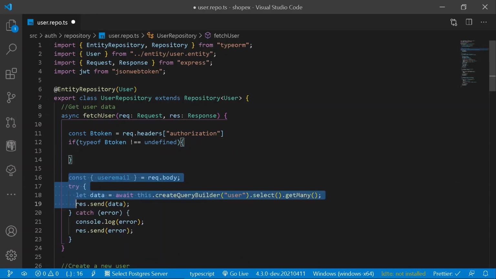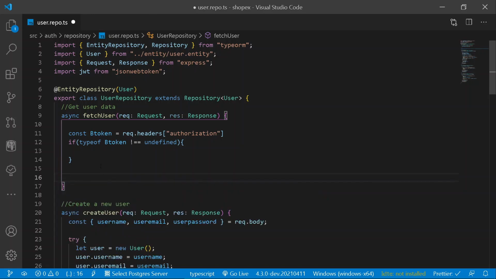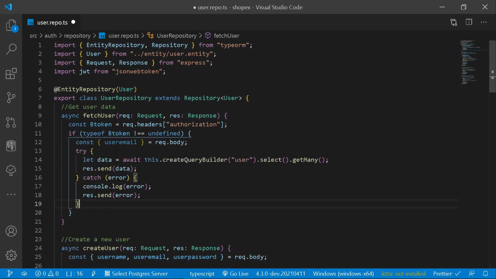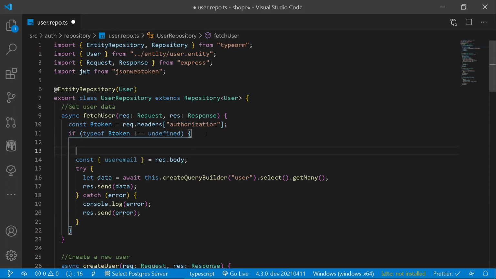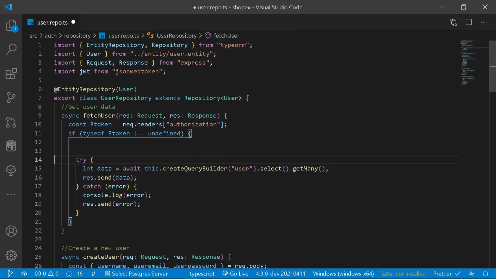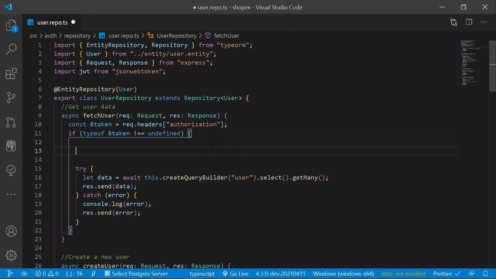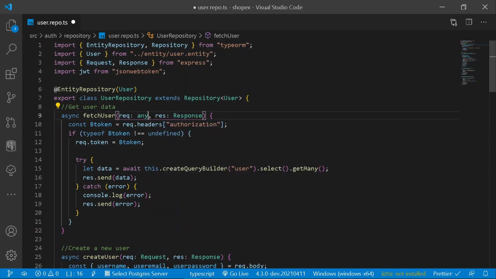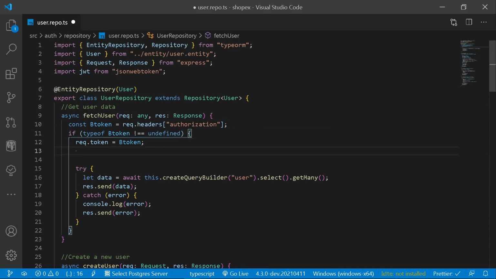So for that purpose, let's copy the following try catch block from here and paste it here, just like this. And here under our try catch block, first of all, alright, we don't need the user email here, let's remove it off. Cool. So here under my if condition, I will be saying request.token should be equal to my bToken, just like this. And for using this, you should be having a parameter of any to our request, just like this. So once we have got our request.token equal to the bearer token that we will be receiving from our headers,